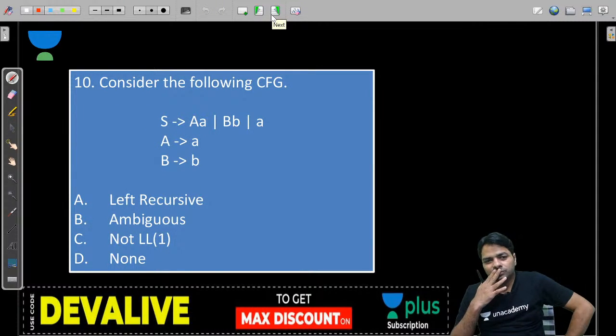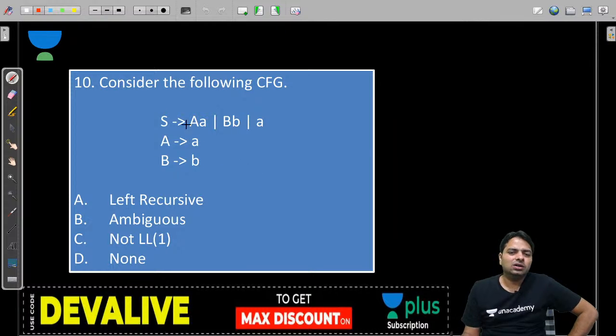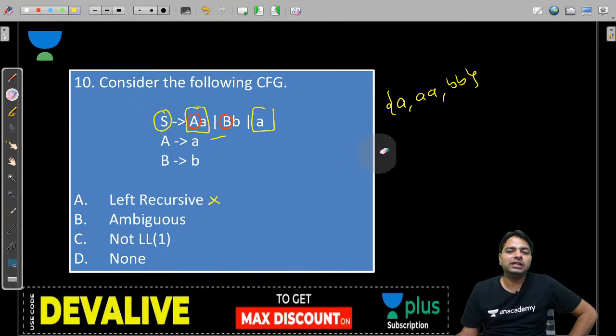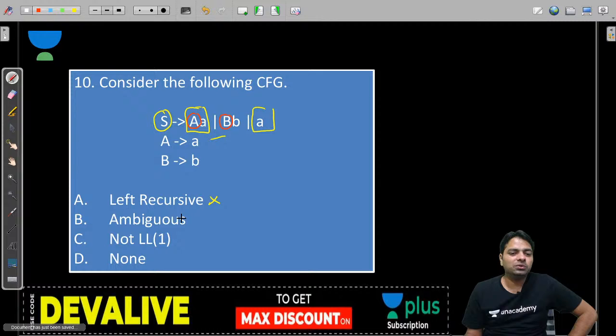Yeah. Now this grammar looks like it has no left recursion, because with capital A and capital B, no left recursion is forming here. So we delete option A. Is it ambiguous? Look, you have A here, but from this you get double A, but you don't get a small d. And actually you have only 3 strings, that is A, double A and double B. And every string you can generate in only one way, which you can easily understand. So ambiguous fails.